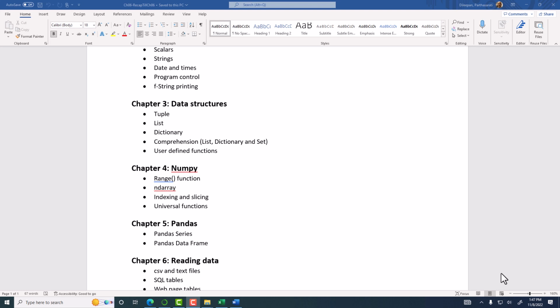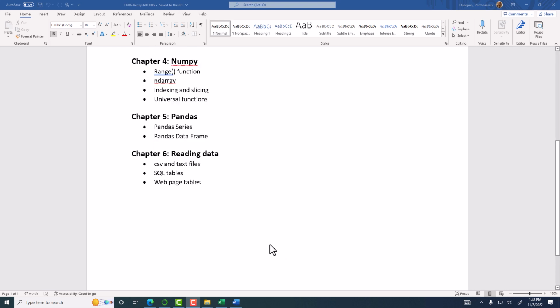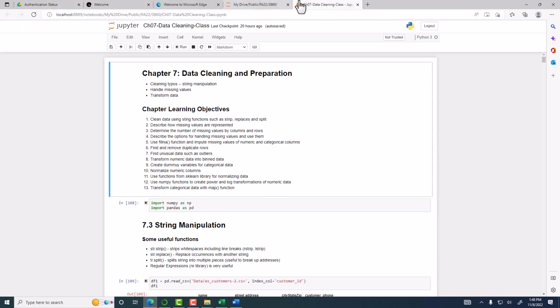And then in chapter 6, we looked at how to read data into pandas data frame. So CSV data, text files, SQL tables, and basic web pages, well formatted web pages. So that's where we are at this point. So now we are at